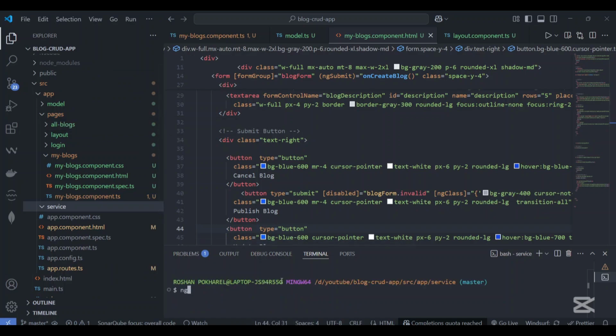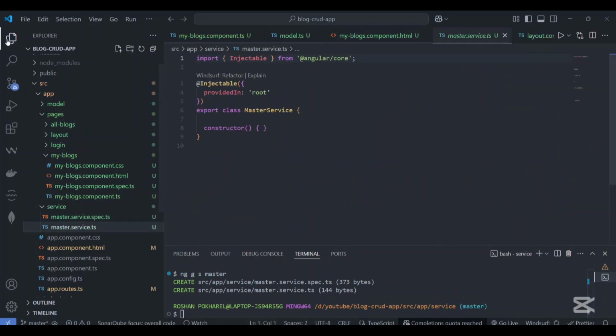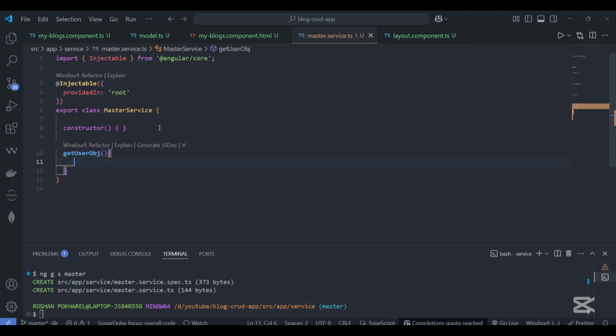What we have to write? ng generate service, and the service name is master. So enter. Okay, go to master service.ts. Now what we have to do is get user obj. Name it correctly. We don't receive anything when it is called. What we have to do when it is called: const